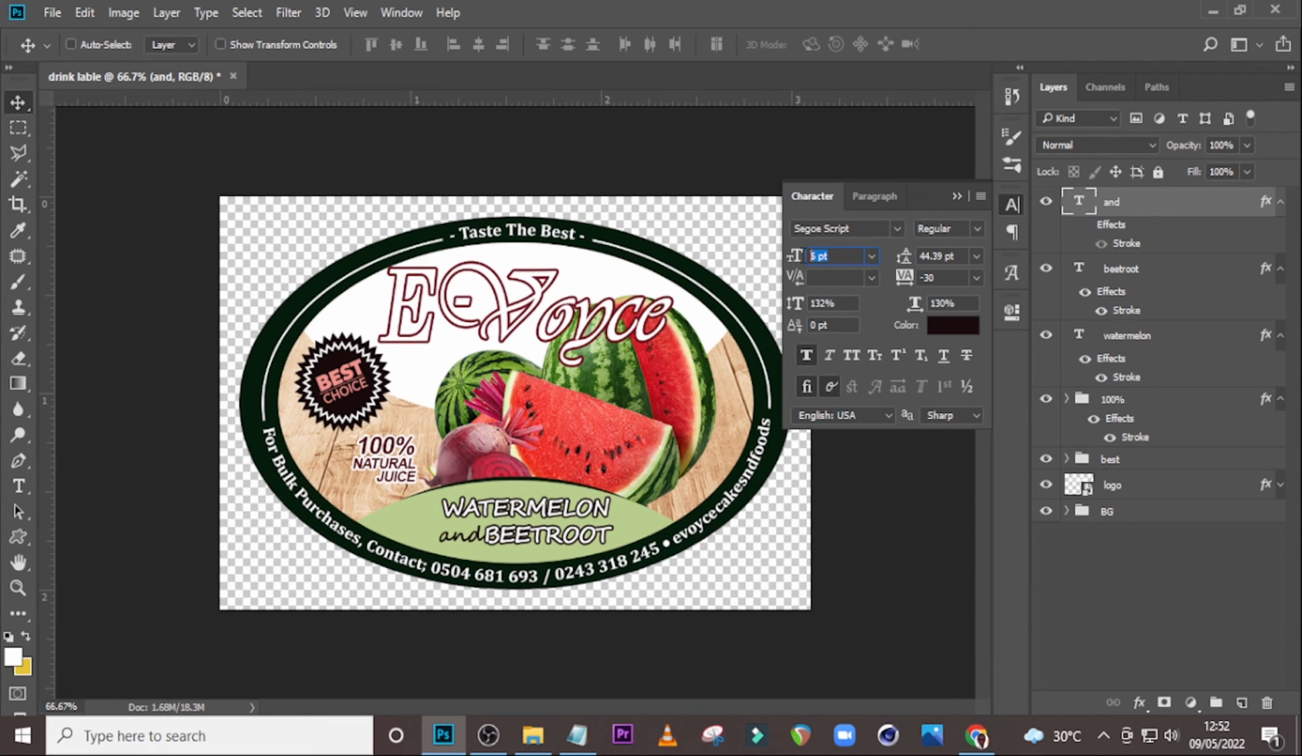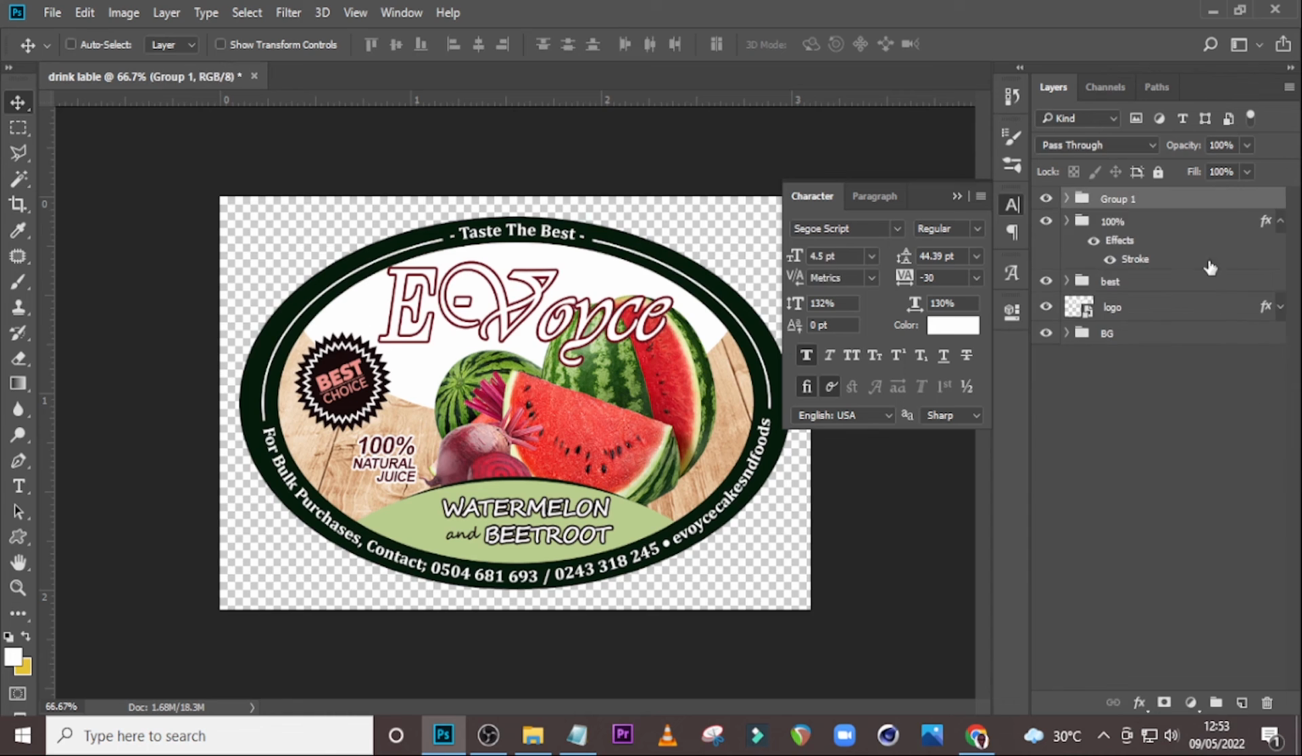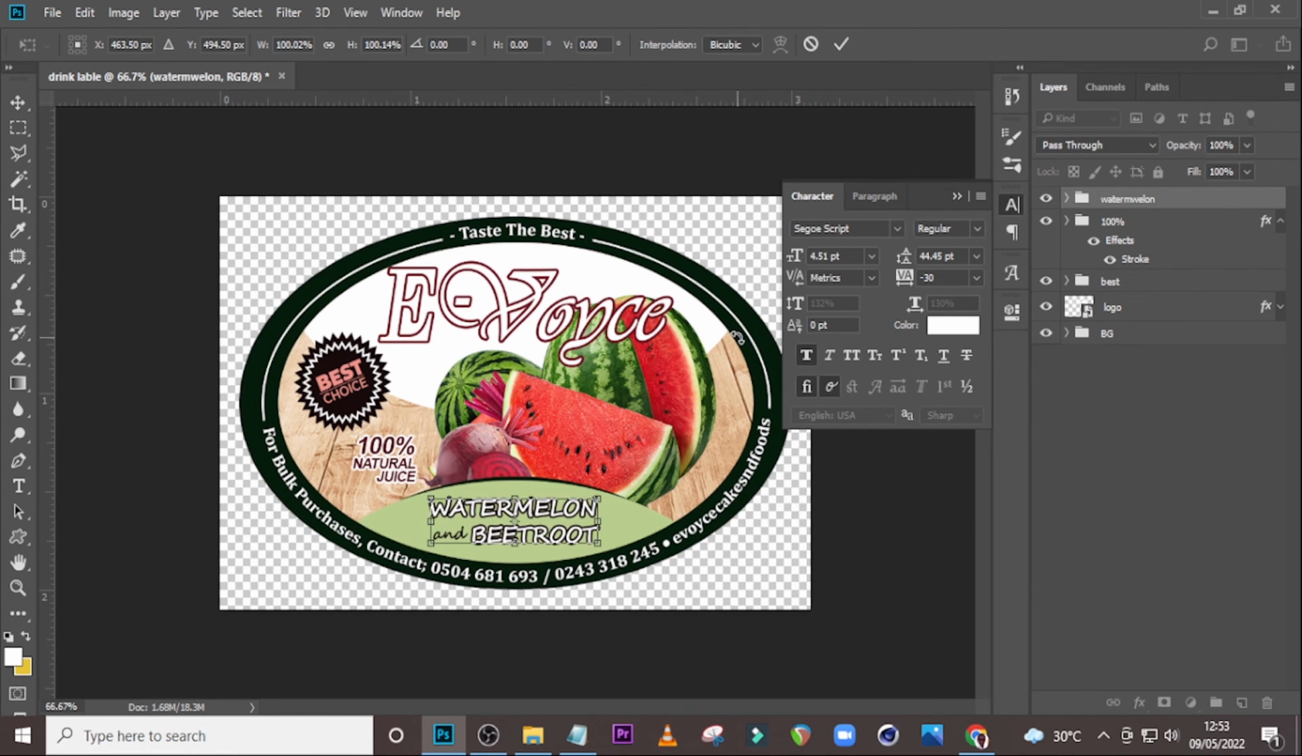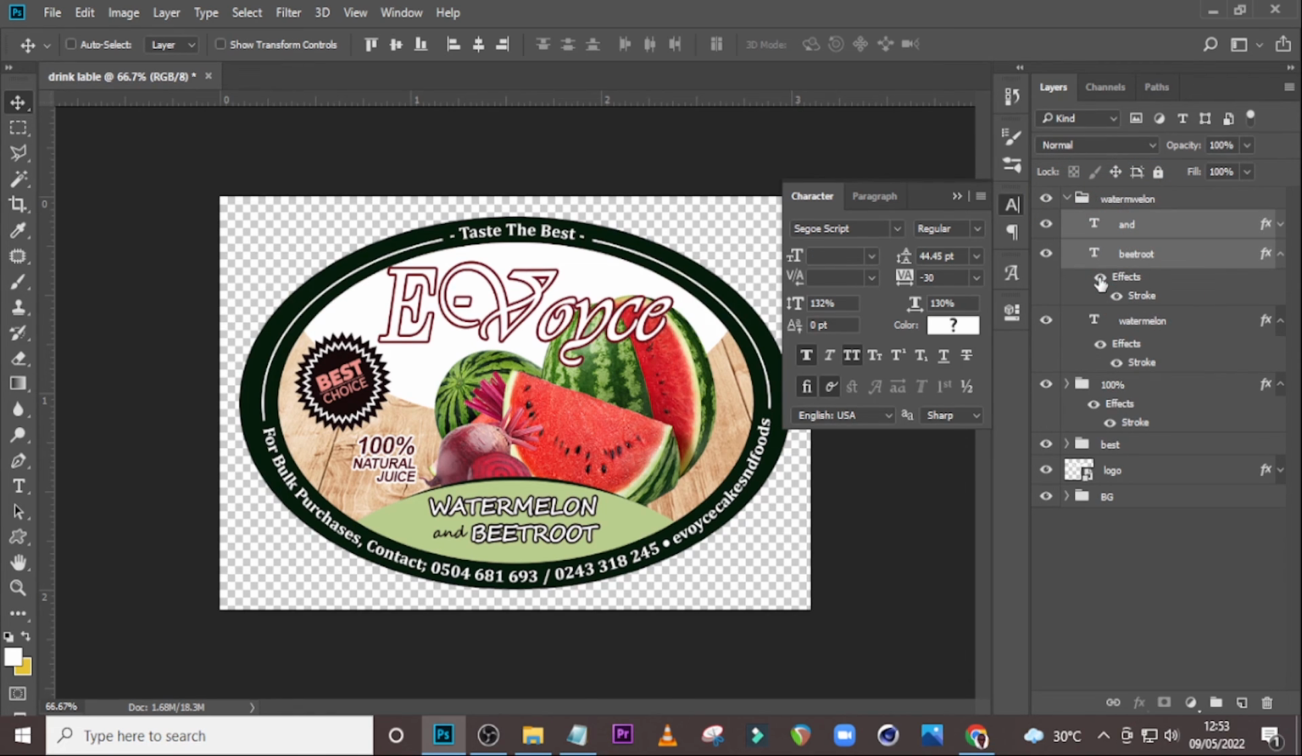For the size, I want us to use 4.5 for the size. Let's drag it somewhere here. Now select it and let's call it watermelon. Let's position it somewhere in the middle here, but then I want the beetroot to really hit, you know, like that. Okay, and I also want to drag it down a little bit like that, and that will also mean, let me close this, close this, close this,